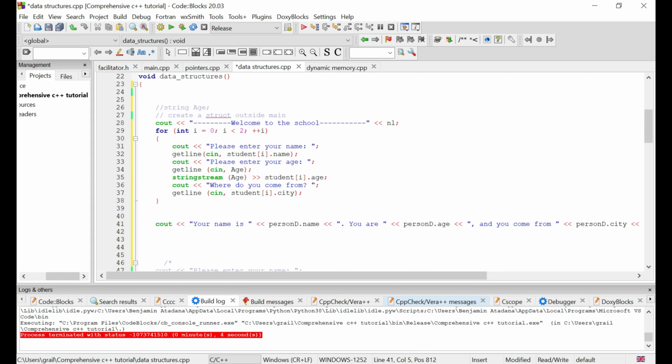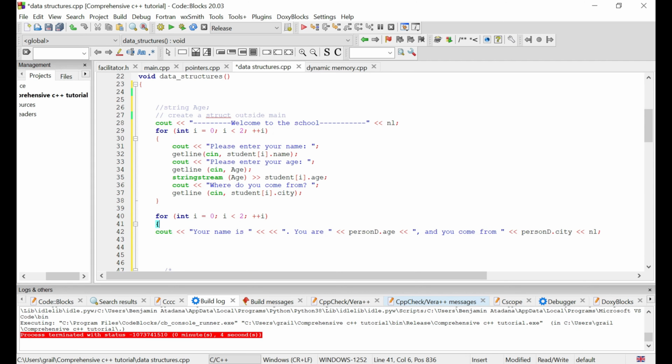Right, so we would want to print the name of the student. But before then, we know we will be expecting two objects. The first object would have a name, age, city. The second object would have a name, age, city. So we want to use a for loop here as well to run through the loop. Copy and paste. So for i is equal to that, because it's just two elements. What do we want to do? We want to cout this, and it's not going to be person, it's going to be student dot name,